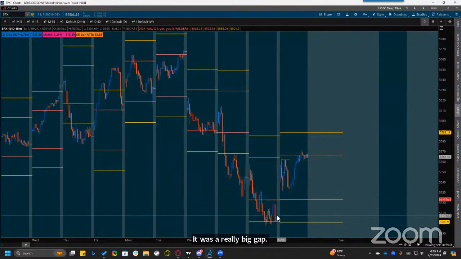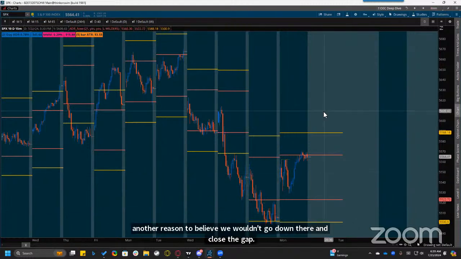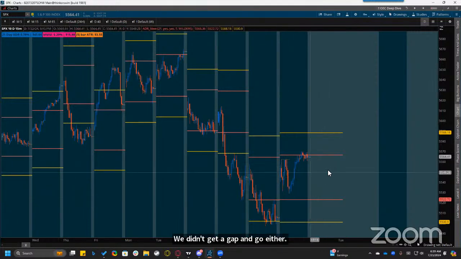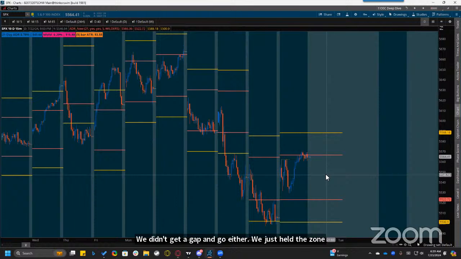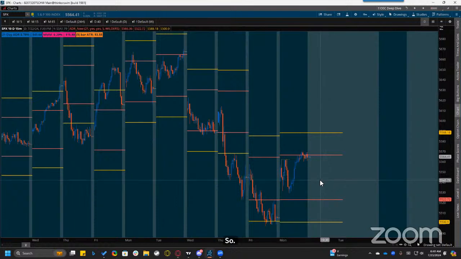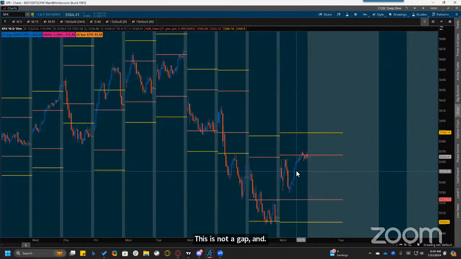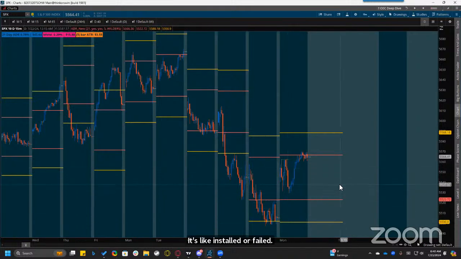And when we get a really big gap, we generally don't expect those to fill. So that's another reason to believe we wouldn't go down there and close the gap. But we didn't get a gap and go either. We just held the zone and chopped about here. So if we go back and study all the different kinds of gaps, a breakaway gap, gap and go, exhaustion gaps, earnings gaps, there's quite a few. This is not a gap and go, and it wasn't an exhaustion gap or a breakaway gap. It's like it stalled or failed,